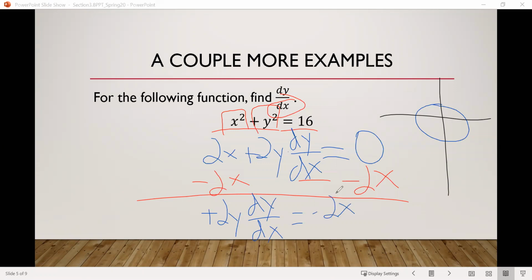The 2y is being multiplied by the dy dx, so we can divide by the 2y on both sides. And on that right-hand side, those 2's will cancel. And so we end up with dy dx, in this case, equals negative x over y, which is kind of cool because now we could find slopes of tangent lines and even equations of tangent lines to the graph of a circle,